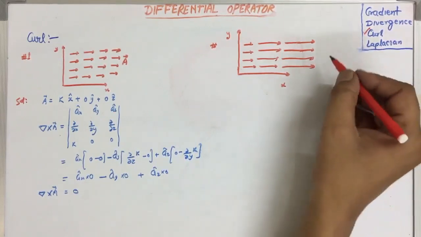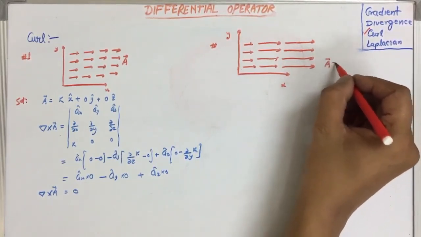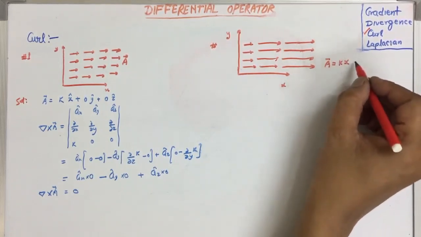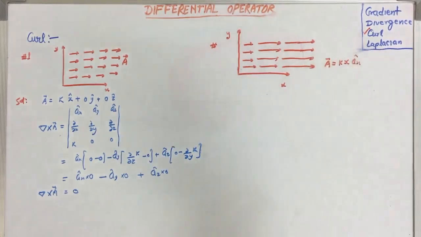It means A can be written as kx. A can be written like that if you are considering linear variation of the field. On the basis of that you have to find the